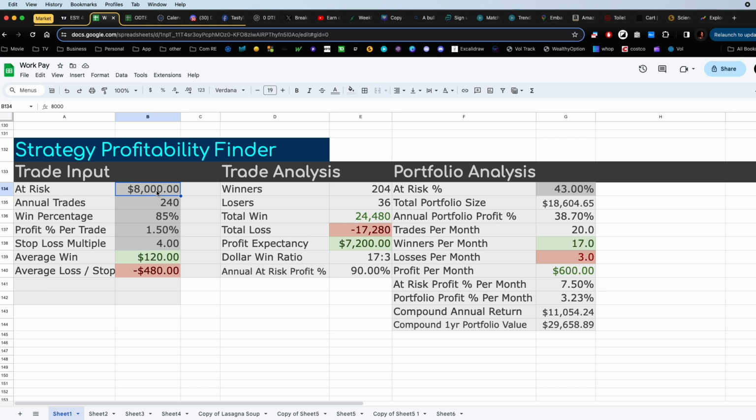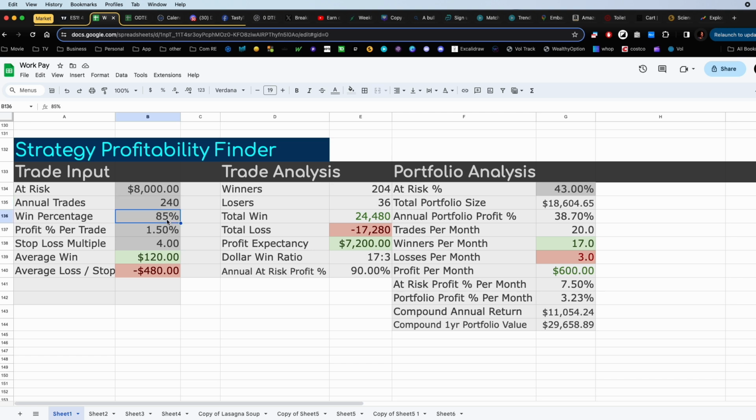So in this particular example, you have $8,000 at risk. This is what you're actually literally trading with. You may have more cash in the account, but you're not going to risk more than $8,000 or put more than $8,000 towards a trade. And you do 240 trades a year. Now there's about 255 trading days open, but I picked 240 because there are about 8 or 10 FOMC days out there that I'm just not going to trade. You might have a day off or a holiday, or you want to take an extra day off, whatever.